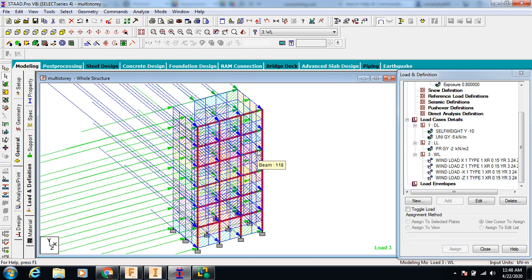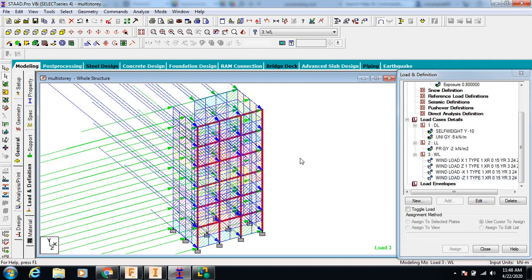So friends, this is the application of dead load, live load and wind load on any multi-story building, or if it is single story, you can also apply in the same way. But one more thing, friends, you need to understand, up to 4 or 5 floors we are not considering the wind load, or generally we are taking the 1.5 into the combination of loads when we calculate the wind loading. And for 5, 6 and more floors, we are calculating the wind loads.